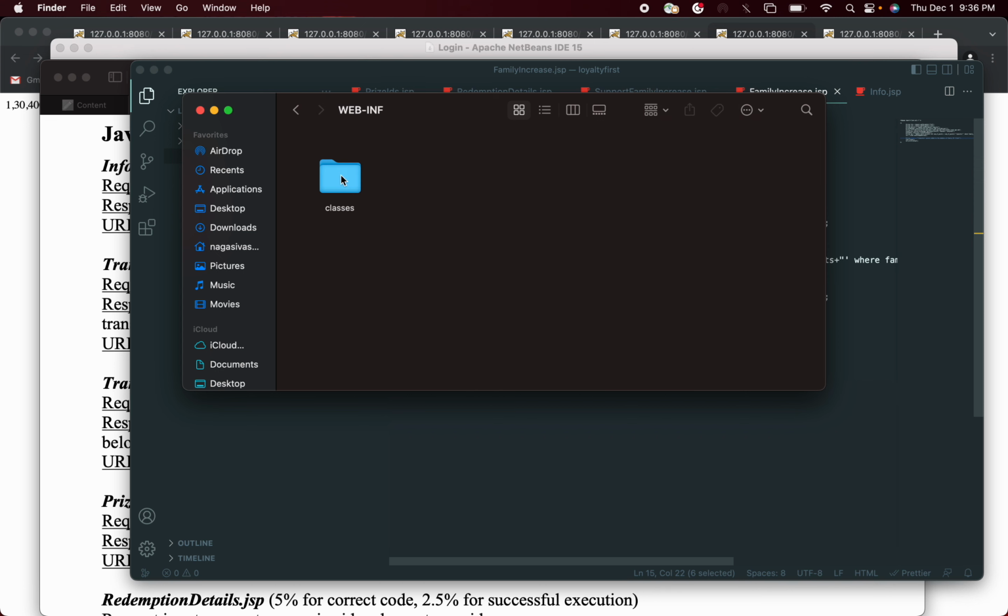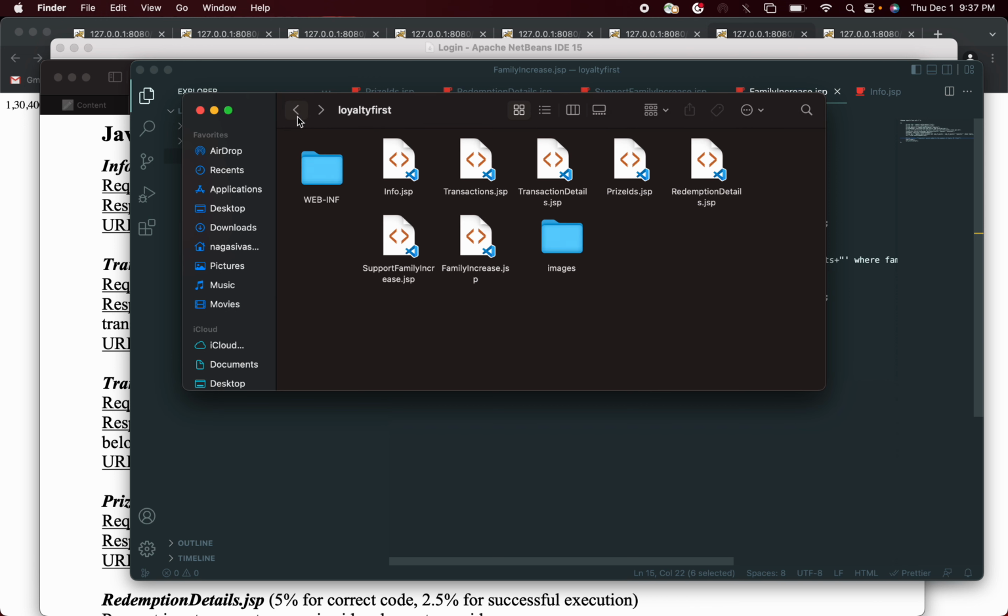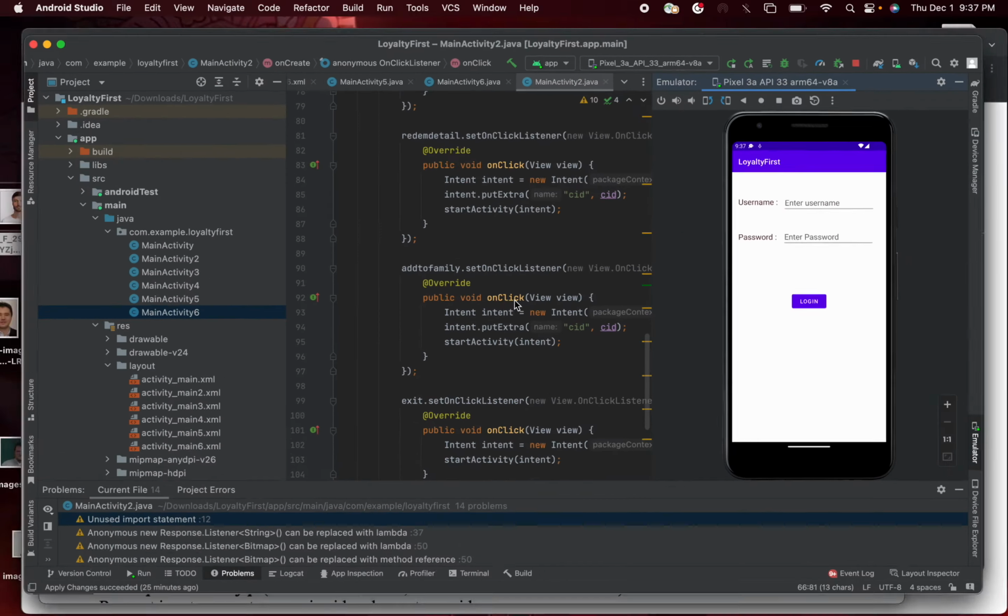And in the WEB-INF I have added that login class as well, so that when we start the server and when we try to access this server from a client, it will give you the required results as per the input parameters that you pass. So this is pretty much about servlet and JSP. Now let me ask my friend to